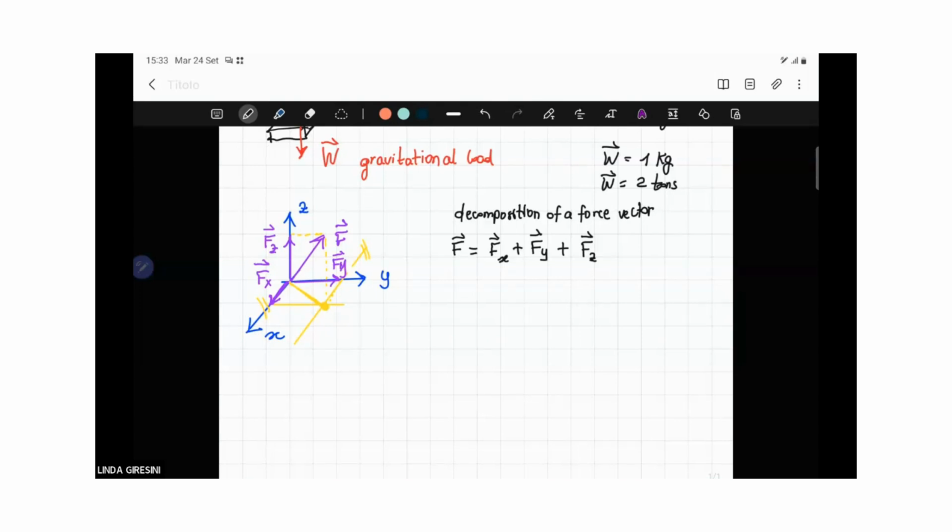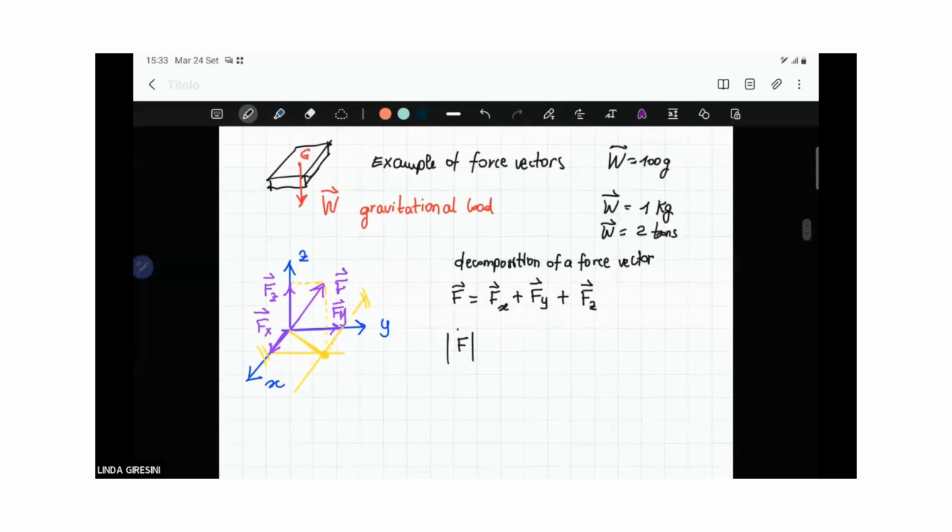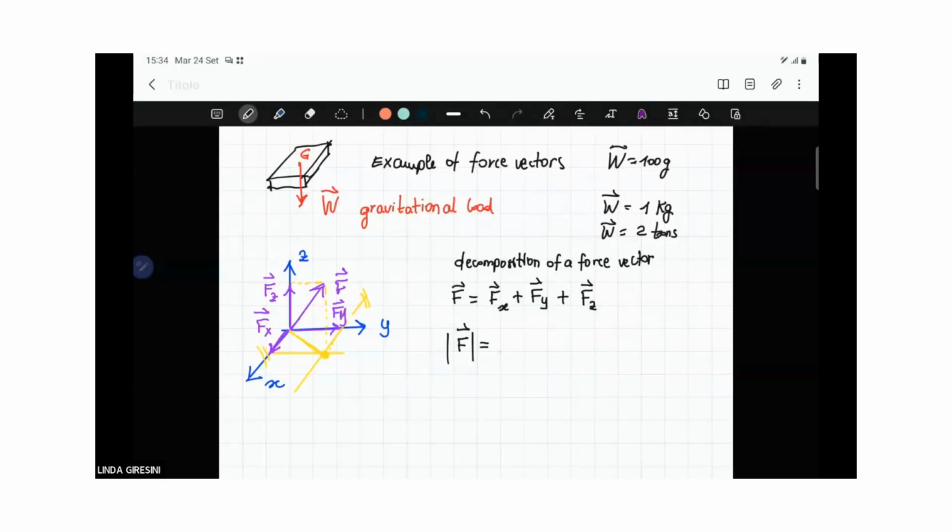Then, when you want to calculate the magnitude of your vector, generally you use this notation. You use these two vertical signs. This means the magnitude of the vector itself. Magnitude, the intensity, okay? Which is given by a sort of Pythagoras theorem. Let's say it's not a Pythagoras theorem. It's like an algebraic decomposition, which is